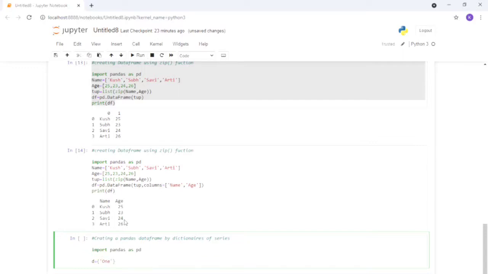So for the first dictionary we have given a key with the name of 1, and then we are defining pd dot series. So here we are defining various series. Let me define this as 10, 20, 30, 40, 50. If you want to use indexes, you can also use them, otherwise you can go with the next one, and then define the next.